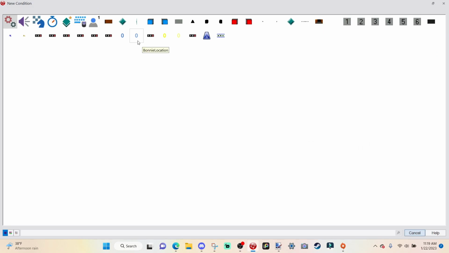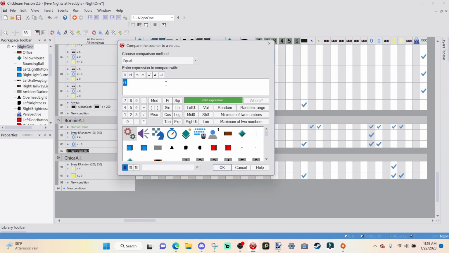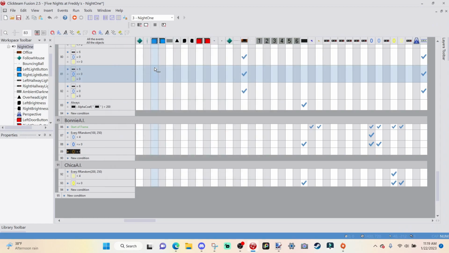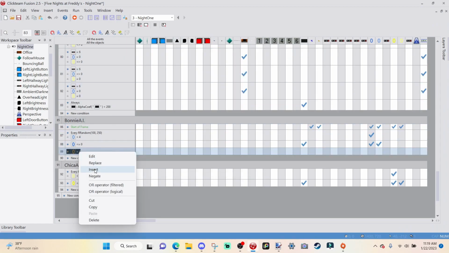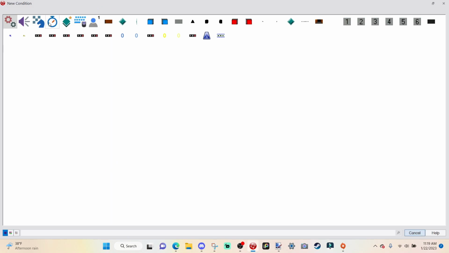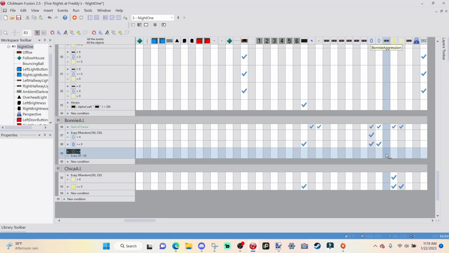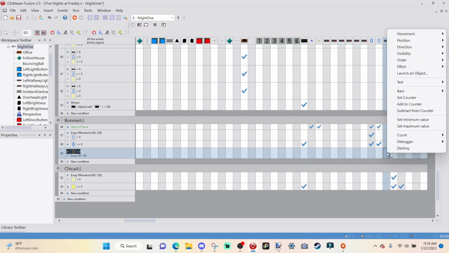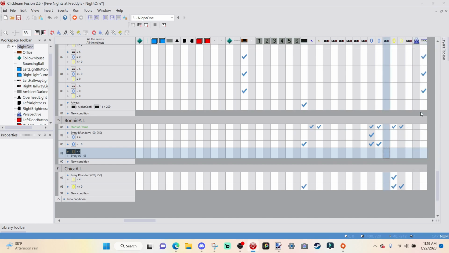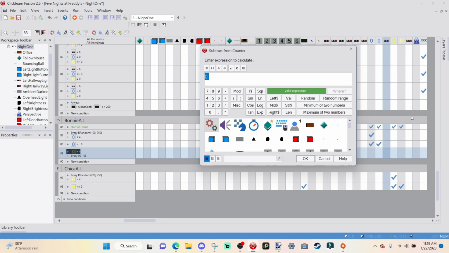Go to new condition, go over to Bonnie location, compare the counter to a value. When it is equal to 4, we're gonna right click, insert, go over to the timer. I'm gonna say every 800ths of a second. We're gonna go over to the Bonnie aggression, right click, subtract from counter 1,